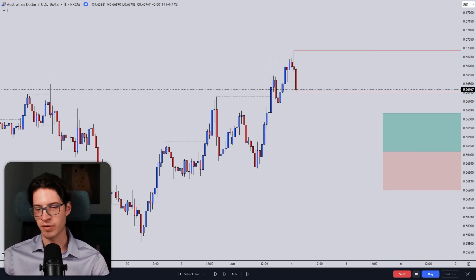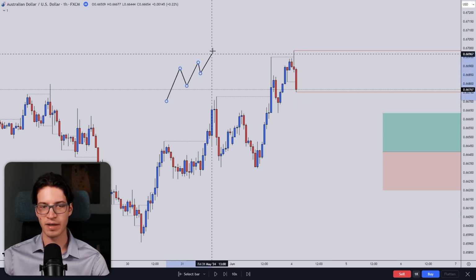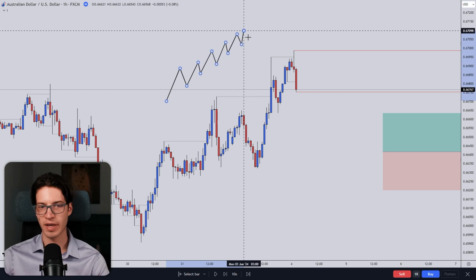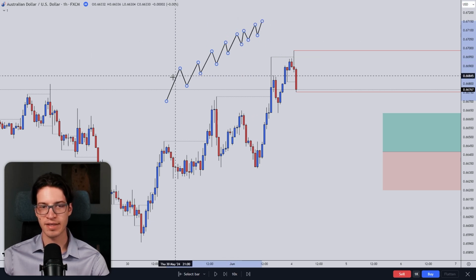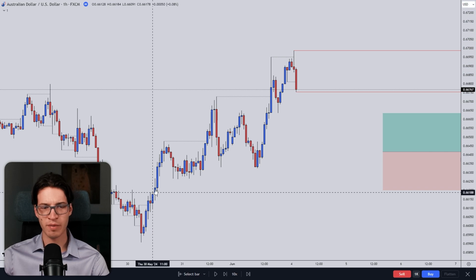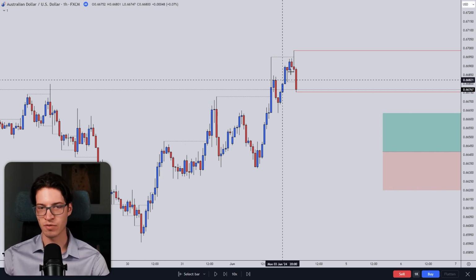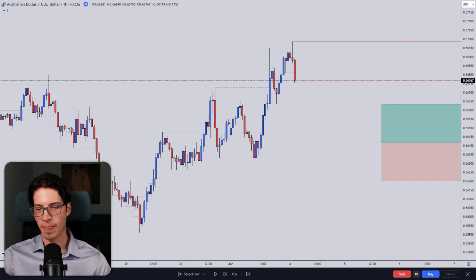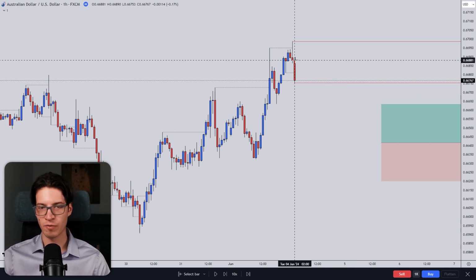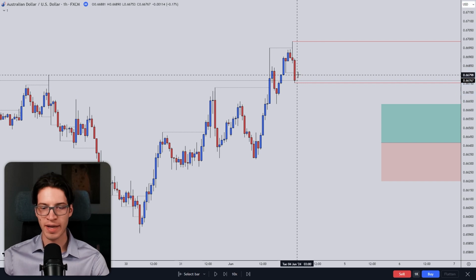For me, I wanted a cleaner ascending. So for me, this ascending was not tight enough. I wanted to see something like this form, okay? A nice tight ascending, the highs barely getting taken out. Here I saw too much buying pressure in this leg, too much buying pressure in this leg as well, kind of. So maybe if this break was like really big, I would be looking for a flag,